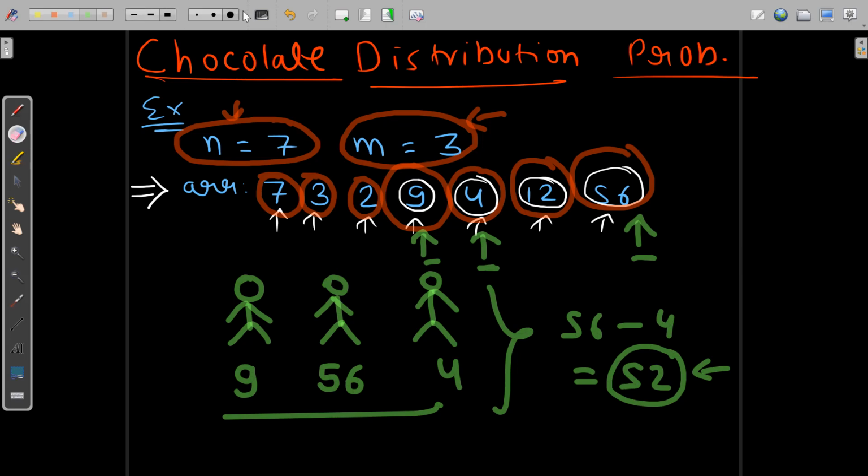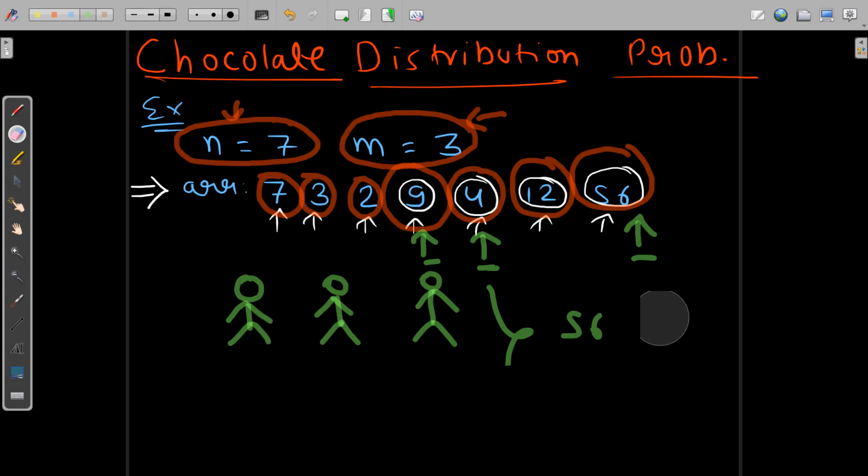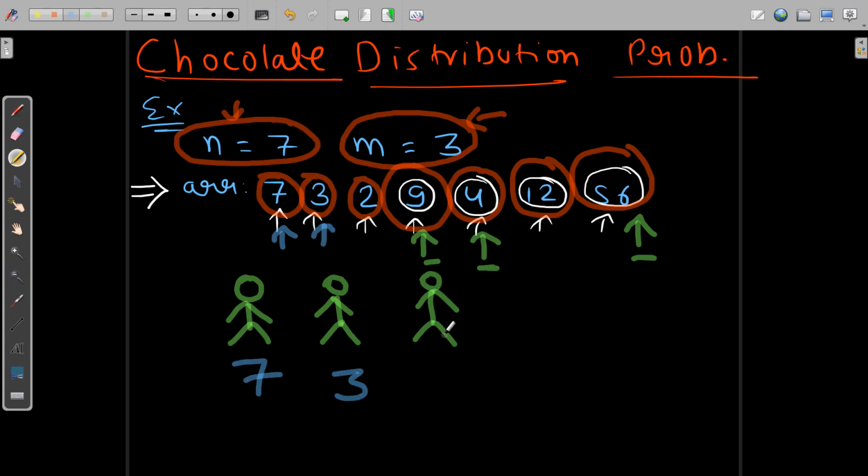Suppose, let me first of all erase all of this. Now suppose, sorry for the delay, I give this boy this 7, and this boy or girl this 3, and this boy or girl this 2.